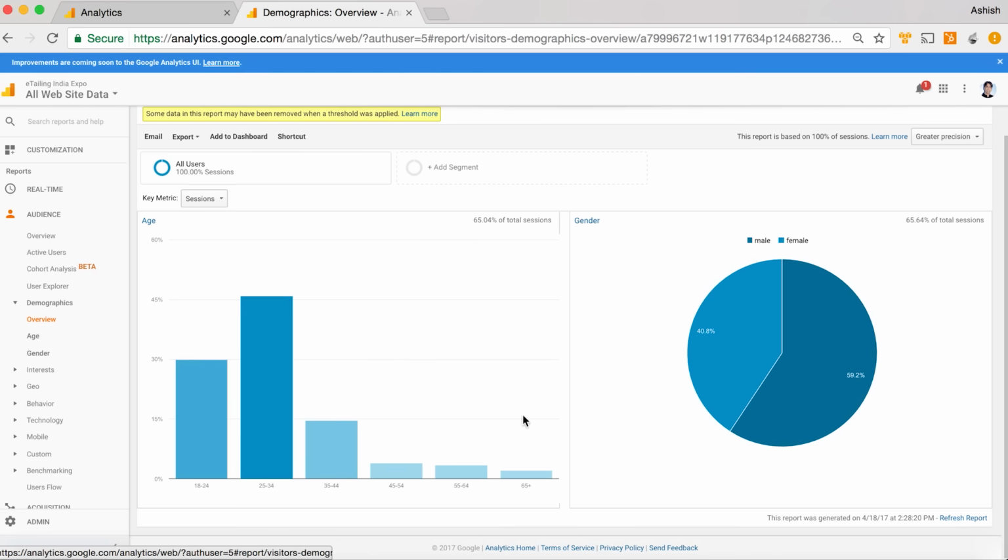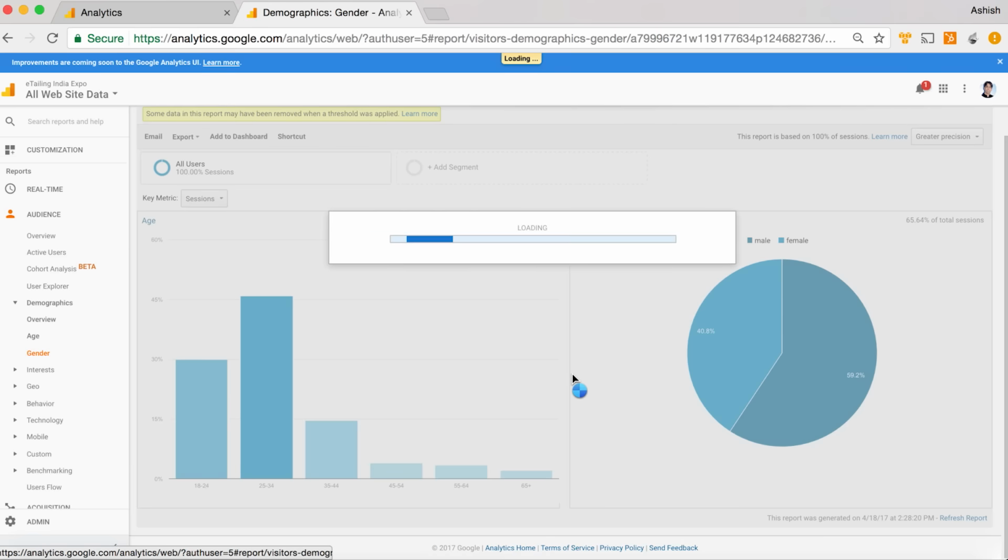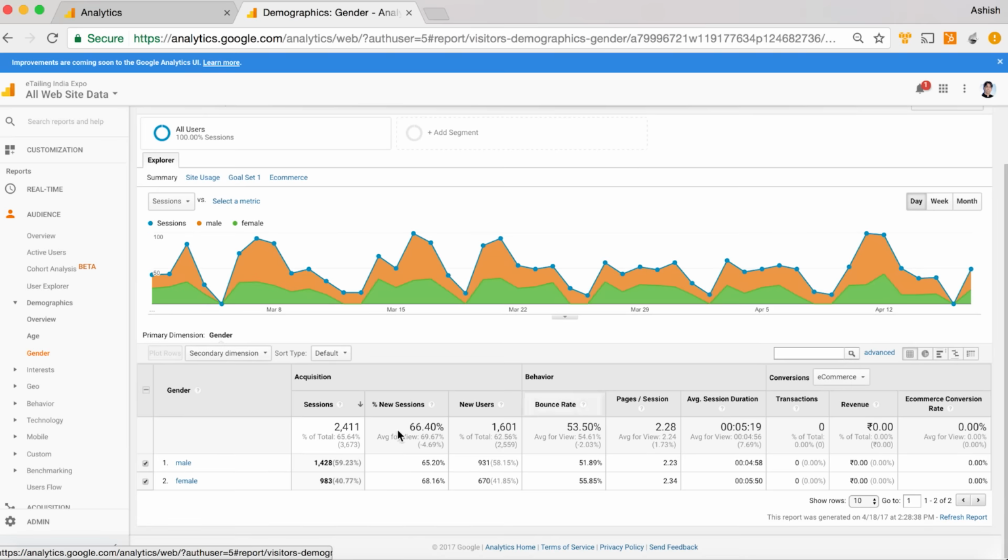Again, the overview tells us what the different age brackets are, telling us the same thing that we're seeing in detail. And on the right-hand side is showing me the difference between the genders, right? How many male, 59% versus 40% female. Okay, so if I go back to gender on the left-hand side, I can again see a little more detail around it. So if you look at it, it says that, again, 60% male, 40% female, new sessions, what percentage are new sessions, what are the bounce rates like, and what are the pages per session, etc.,